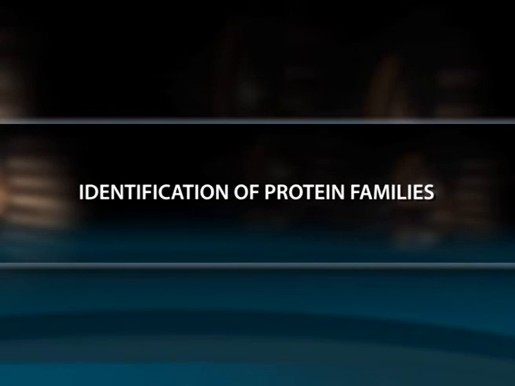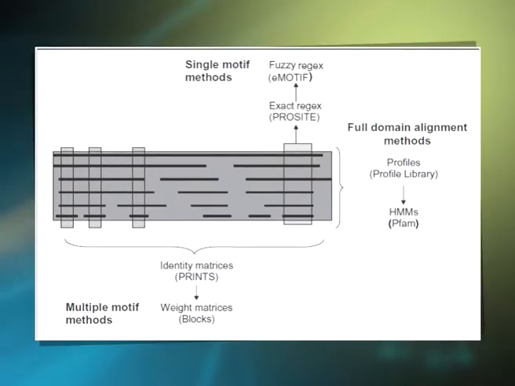Identification of protein families. At the heart of the analysis methods that underpin family databases is the multiple sequence alignment. When building an alignment as more distantly related sequences are included, insertions are often required to bring equivalent parts of adjacent sequences into the correct register as shown in the image on the screen.